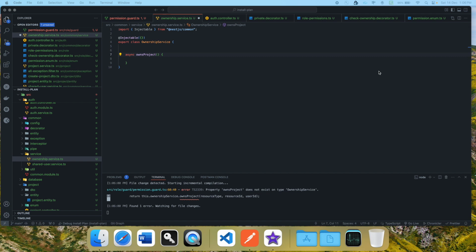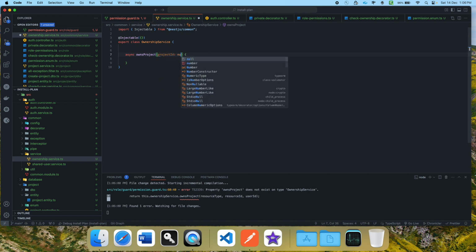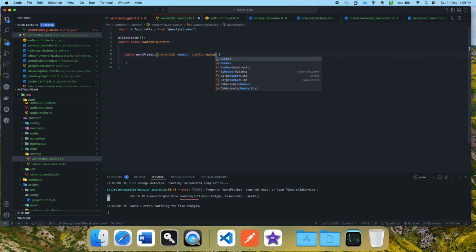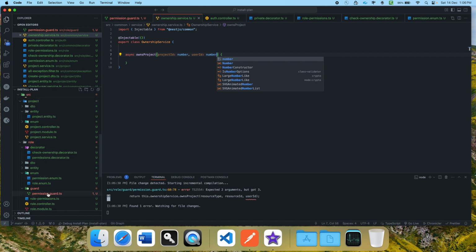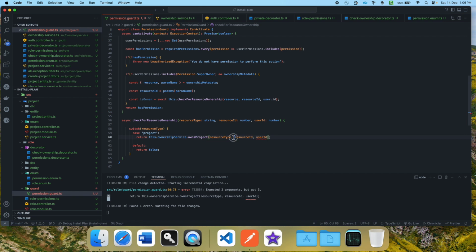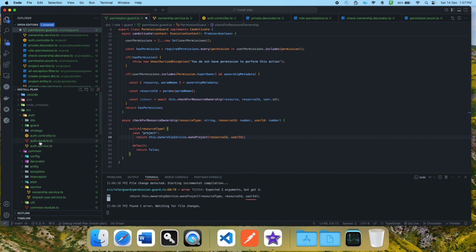Okay, so the first thing we need here is project ID, number, and user ID. I don't think we need to pass resource ID, resource type. Okay, so now what we can do,